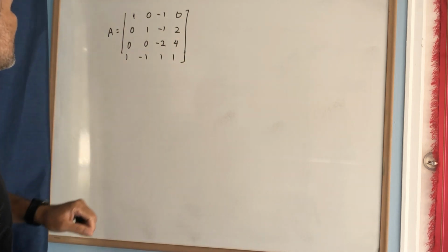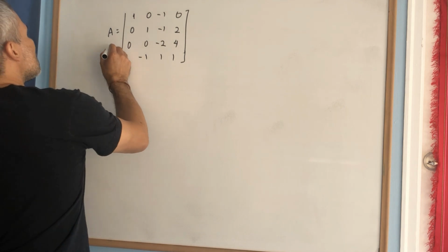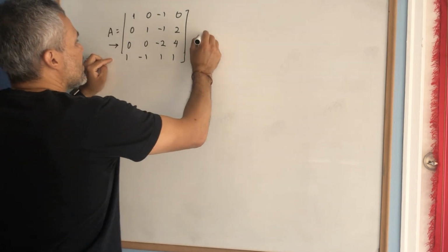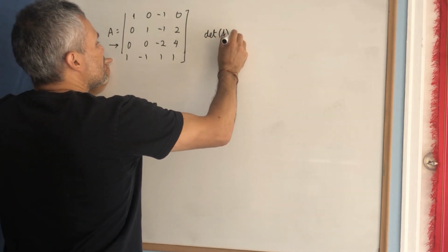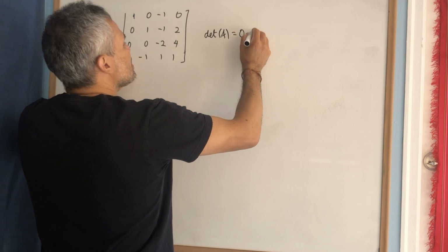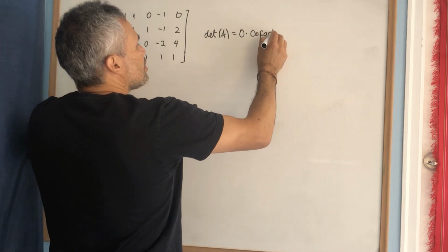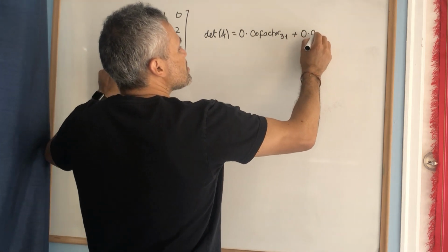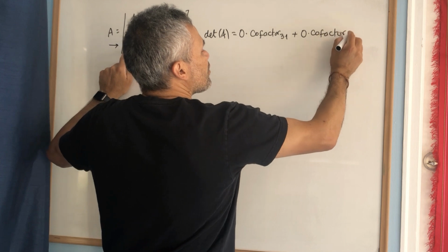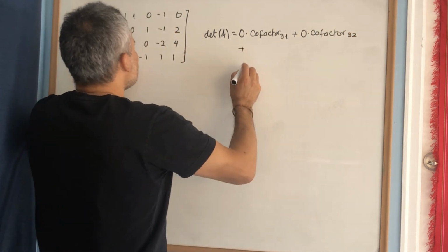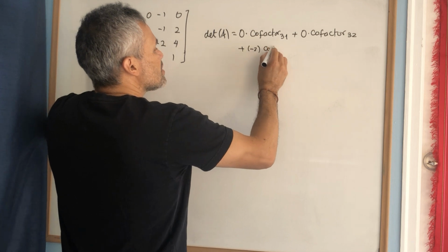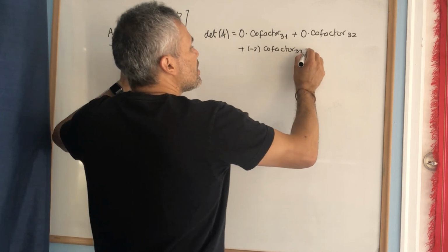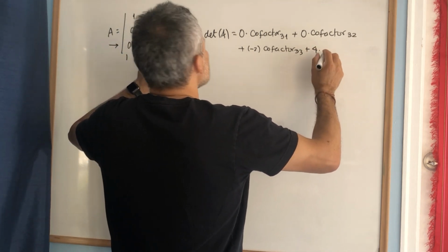Okay, this is a 4x4, and let's suppose that I want to use the third row. Then the determinant of A is going to be 0 times the cofactor 3,1 plus 0 times the cofactor 3,2 plus negative 2 times the cofactor 3,3 plus 4 times